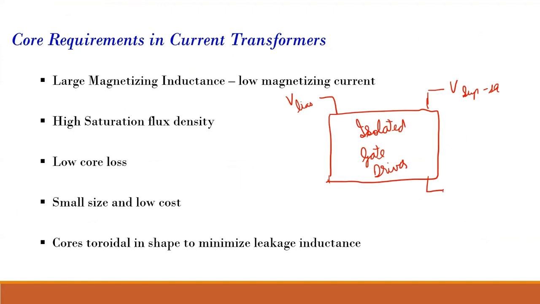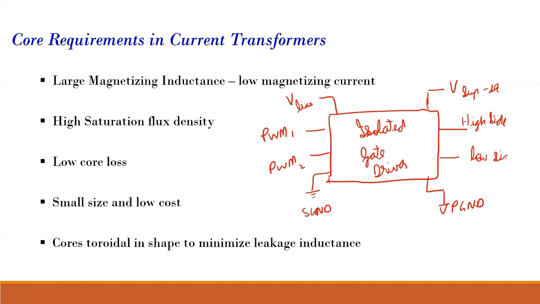This is with respect to power ground, and this would be with respect to my signal ground. This is my PWM1, this is my PWM2. And this goes to my high side MOSFET, and this goes to my low side MOSFET. So in between this,